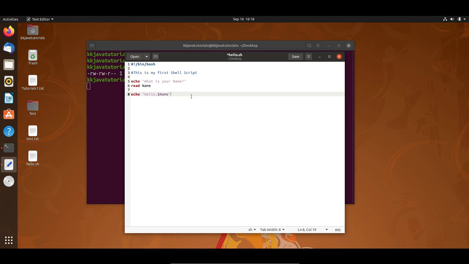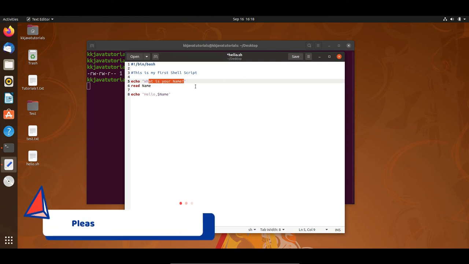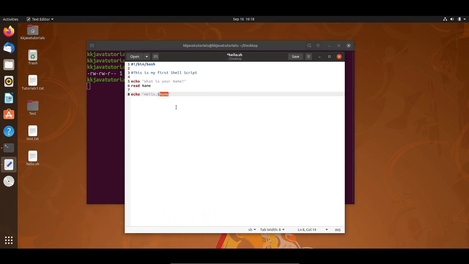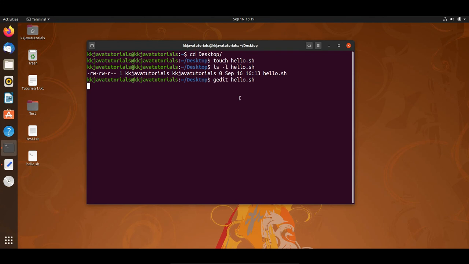So the script is very simple. I'm asking the user, when this shell script runs, it will prompt this message, what is your name? And the prompt will wait for the user to provide the input. Once the user provides the name, it will be stored in this name variable. And here I'd like to print hello, whatever name is provided by the user. And when you try to read any variable value, it should always be prefixed with the dollar sign, right? So that's all. So here I'm going to save it,